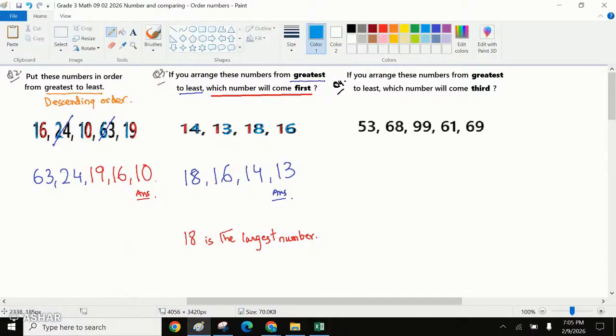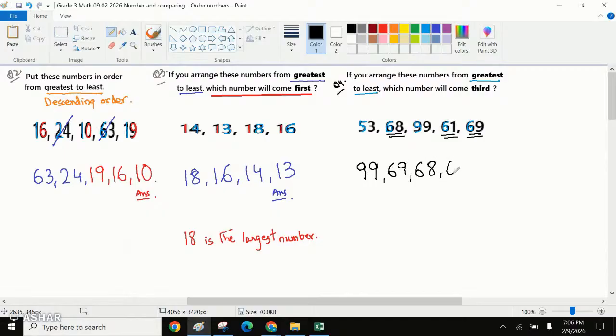So what we can see is, we can look at the tens positions. We're still doing the descending order. 9, 6, and 6, right? So we know that 99 is the largest. Then we have 3 possibilities in 60, right? We can say 69,